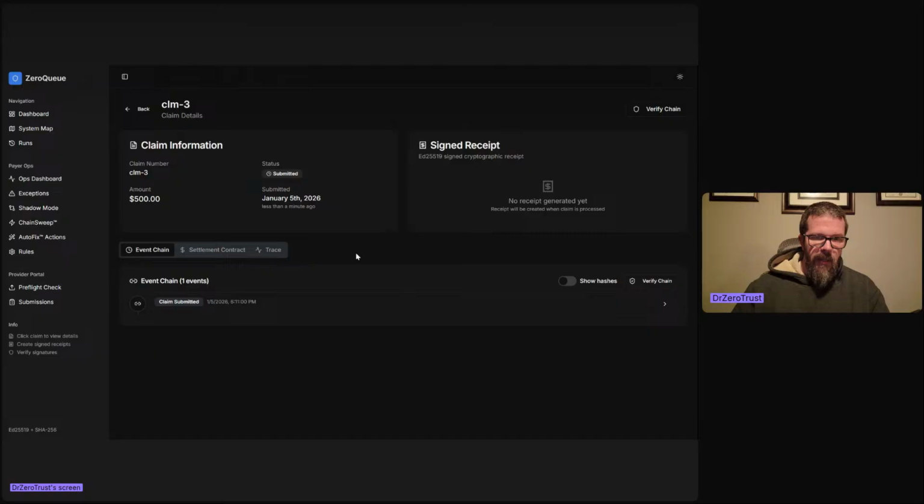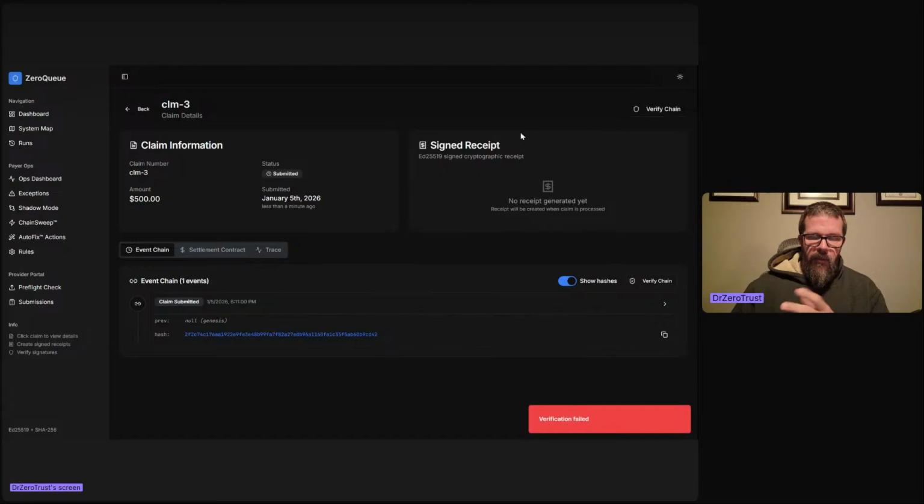And of course, you can see everything going on here. So there's the hashes, I can turn the hashes on. And this is what I'm talking about with that hash value. This is a very long number, and we would store this where it needs to go. And then, of course, we could verify the chain and make sure that everything is correct and validated, etc. And verify the chain, whatever. I'm just messing around with this stuff, so it's no sign receipt, etc.